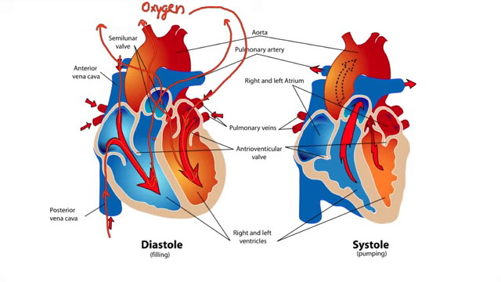Now, I know this looks a little confusing with all of these arrows, but let's follow that one more time. Blood comes from the body. It enters via the posterior and anterior vena cava into the right atrium. The right atrium contracts, and that pushes the blood through the tricuspid valve, or the right atrioventricular valve, into the ventricle. The ventricle contracts, and that pushes the blood via the semilunar valve, or the pulmonary valve, to the pulmonary